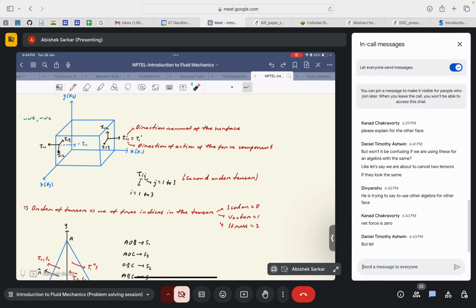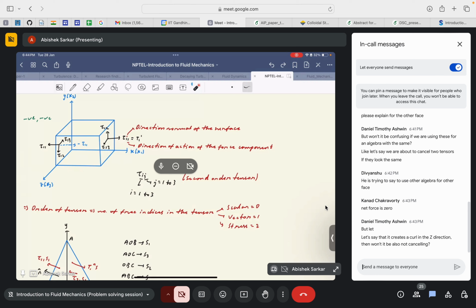But okay, Daniel, you can continue the question. Let's say it creates a curl in the z direction, then it won't be cancelling, okay. Let's say that it creates a curl in the z direction and it won't be cancelling. I'm not getting it. Curl in the z direction, so